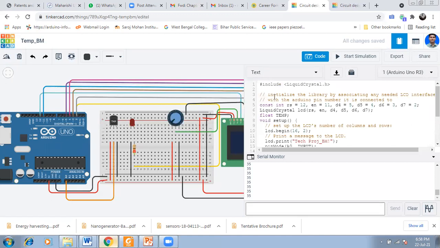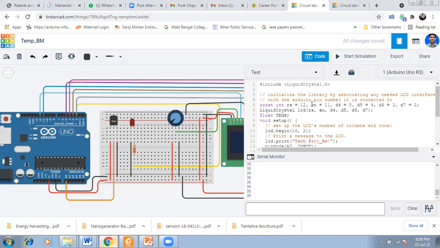Now, as we have used LCD, this is your library function. You have to use it as include LiquidCrystal.h. Then see what we have declared here: RS pin, enable pin, D4, D5, D6, D7, where we have connected. RS pin we have connected with pin number 12. Enable pin with pin number 11. D4 with 5, D5 with 4, D6 with 3, and D7 with 2.